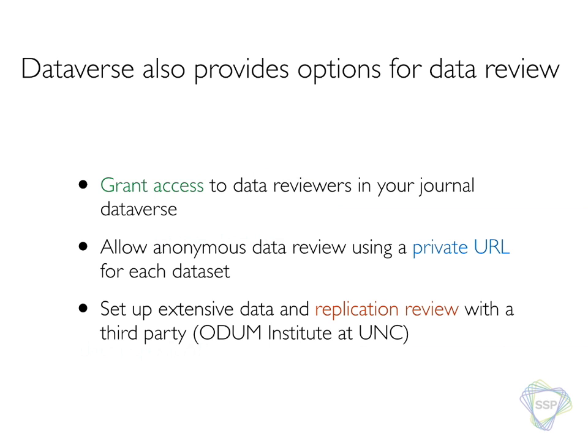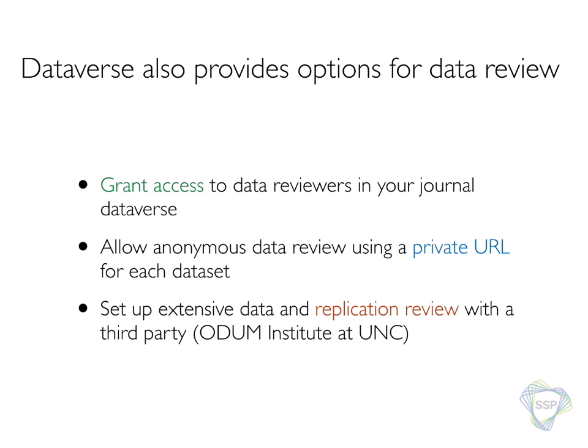So this is similar to what you could also do with a Dataverse repository. Then, in terms of providing different reviews or tiers of data review, one possibility is that you grant the reviewers of the article permission to access the data set in the Dataverse repository before that data set is published and released to the public. Another way is submitting a private or anonymous link that the reviewers can use to access the data set and review it while they're reviewing the article.